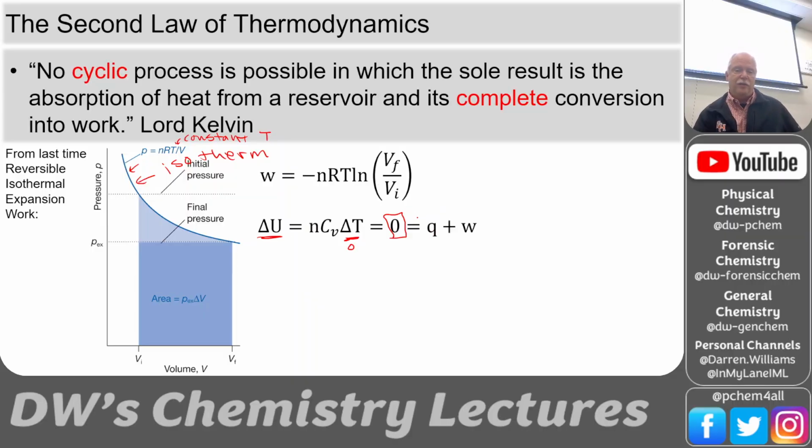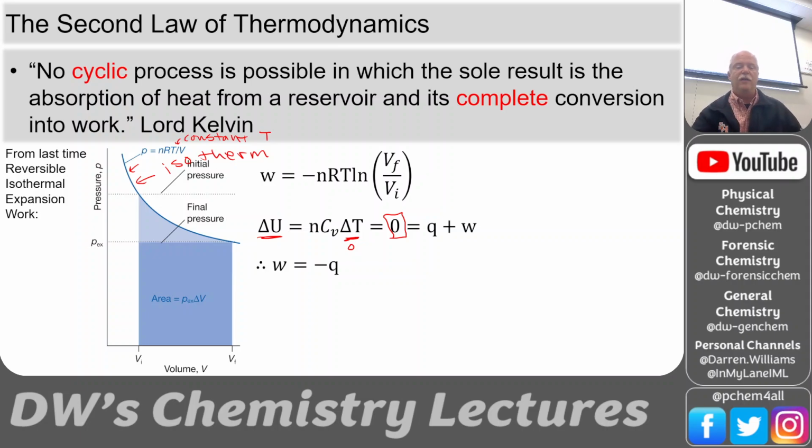And the first law of thermodynamics tells us we could change that energy with heat, or we could change that with work. But this is telling us there's no change in energy, but that doesn't mean that heat and work are 0. We're obviously doing work. And how are we able to do work? Well, we're able to do work because we're sucking heat out of the hot reservoir and converting it into work directly. So the work is equal to minus Q.